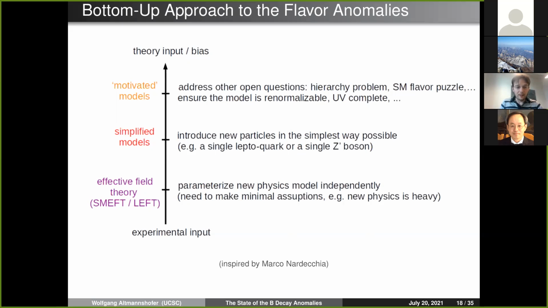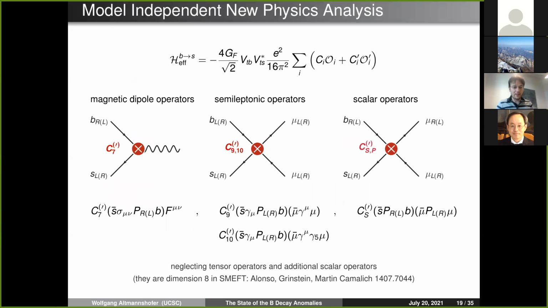So let's focus on the first steps, this EFT description. So this model independent new physics analysis. This is understood very well how this works. One writes down an effective Hamiltonian, including all the dimension 6 operators which can contribute to this rare B to S l l decays. And what is shown here in the slide are the various classes of operators that one typically considers. Are these magnetic dipole operators, B S photon operators, then one has semi-leptonic operators,